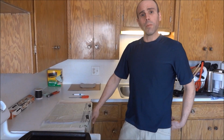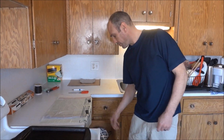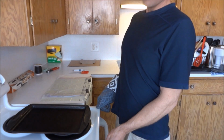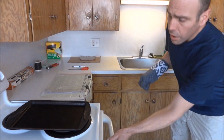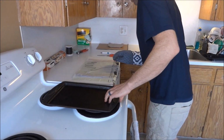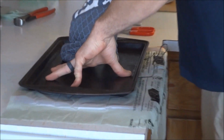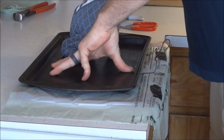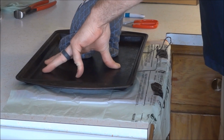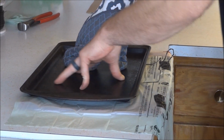Today we're making a disposable glove using a compost bag in less than a minute. I set the timer for 1 minute and we're coming up onto 30 seconds now. Set this down on the bag, hold and press for 10 more seconds. With 10 seconds remaining on the counter,